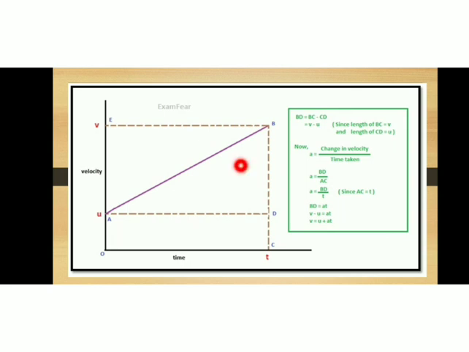Now, equations of motion are a very important concept in this chapter. There are 3 equations of motion. Newton has given those equations of motion in order to study motion in one dimension. They are very important equations in mechanics. Our first equation of motion is v = u + at. I hope you remember this expression. The first expression is v = u + at, and we are going to derive this expression.